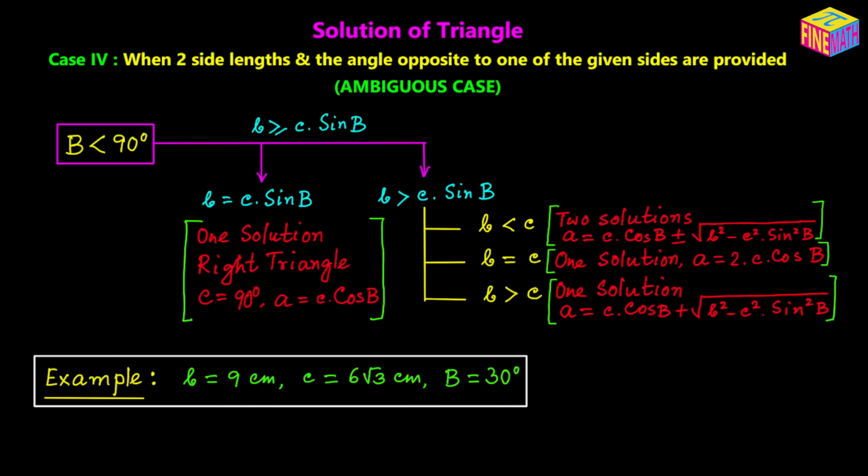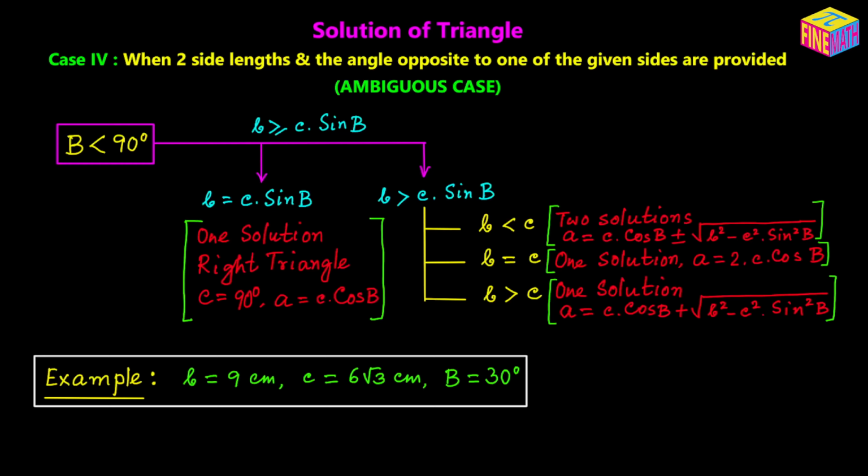And what are the three other attributes? They are the side length a, the angle A, and the angle C. Those are the three attributes that we have to calculate from this given information. Now when we are given an example like this, we have to immediately recognize that this is one of the ambiguous cases, where the provided angle B is an acute angle,